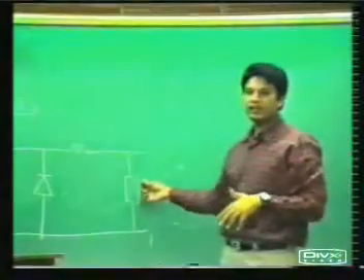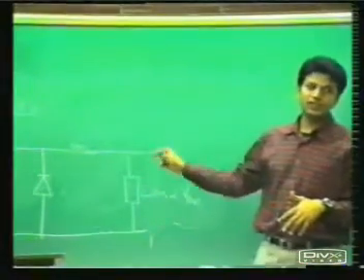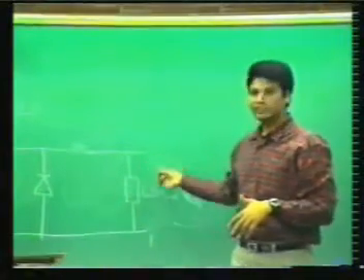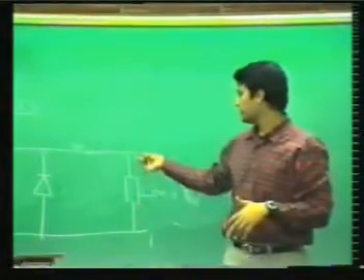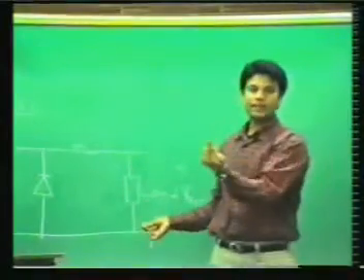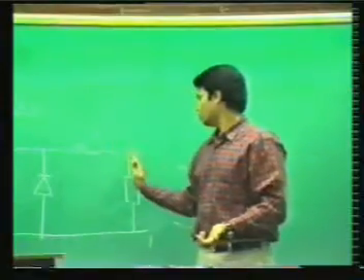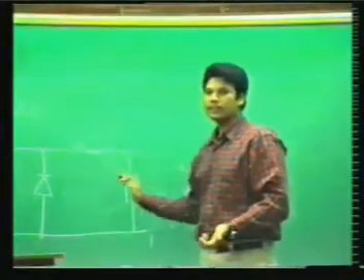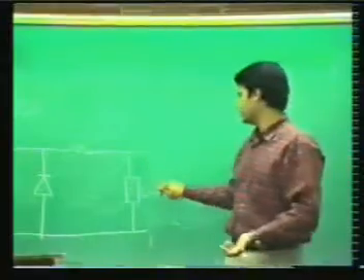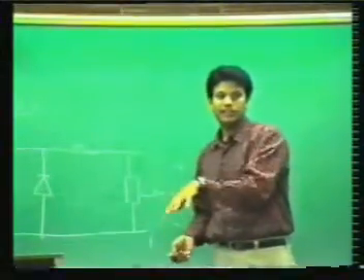If you only have a resistor, as long as the current is flowing through the resistor, there will be a voltage across the load, and if the current is not flowing through the resistor, there won't be any voltage. But if we put a capacitor across it, even if the current which is given to the load is cut off, the capacitor will always give a particular current to the resistor, so that the load voltage doesn't drop suddenly.